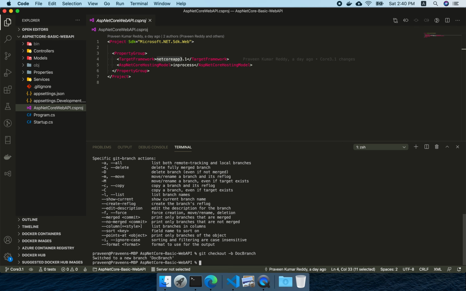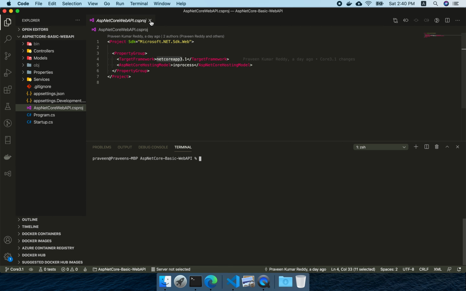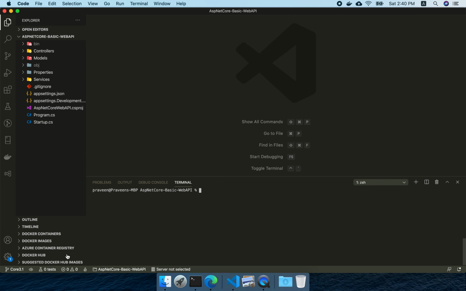Okay, now I am in the doc branch. Now I'll write the code here so that when you check out the code, you will see accordingly. If some people want to check .NET 3.1, they can check out the code of 3.1. If it is the Docker doc branch, that is for Docker, they can go there. That's the reason I created the branch.